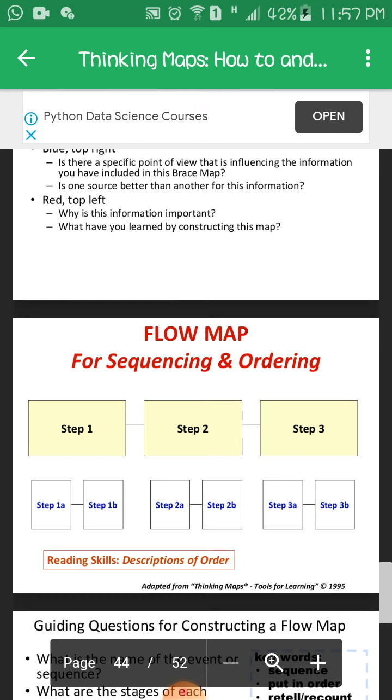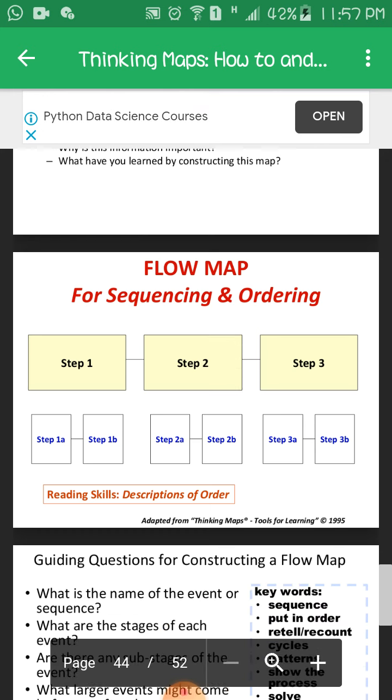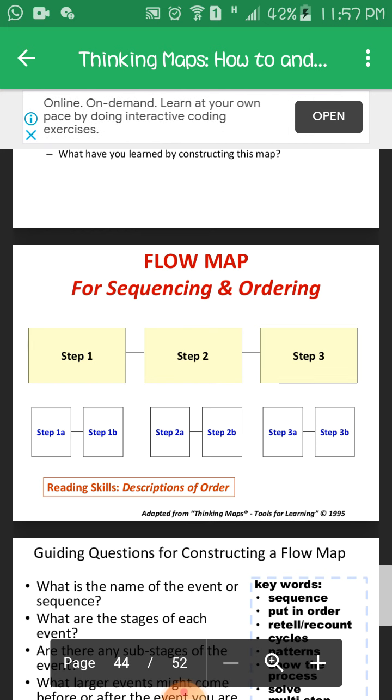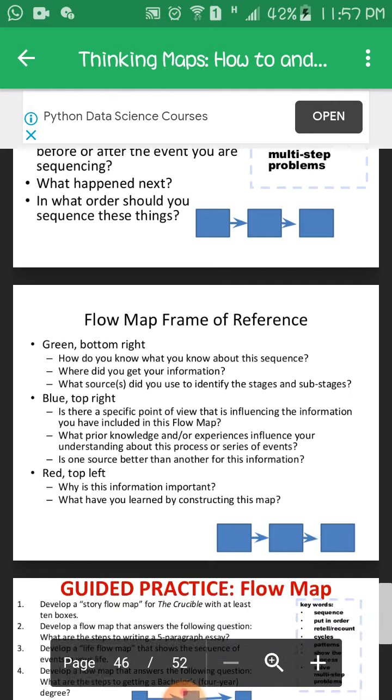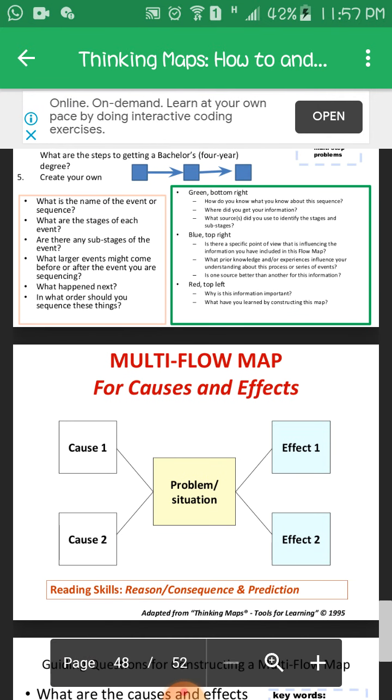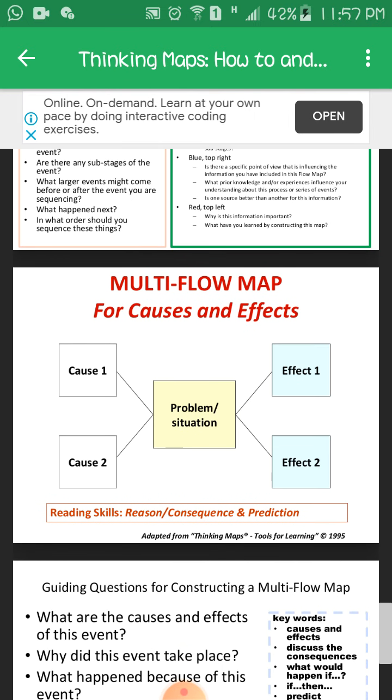Flow map for sequencing and ordering. So we can use these types of rectangles, step 1, step 2, step 3, and then step 1 A B and 2 A B and 3 A B. This is for description of order. Okay, let's see multi-flow map for cause and effect. For example, problem and situation, cause 1 and cause 2 in this way, and effect 1 and effect 2 in this way,